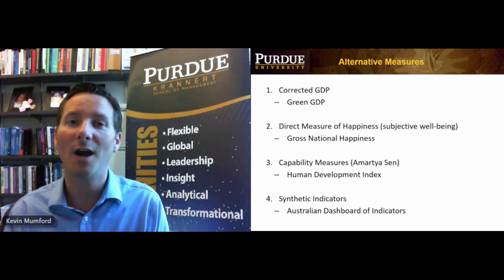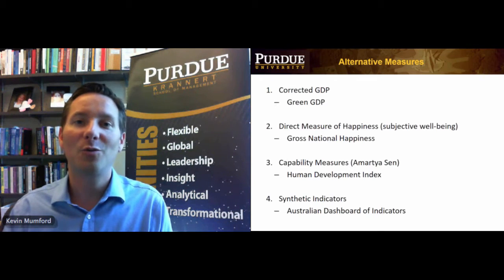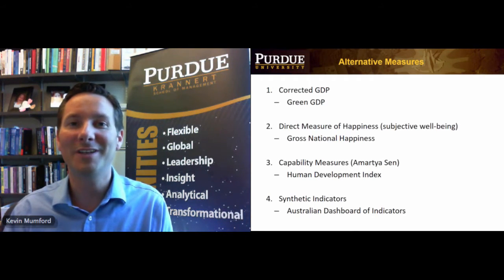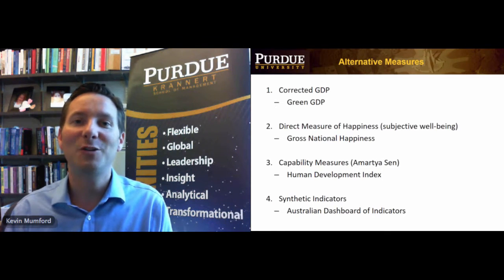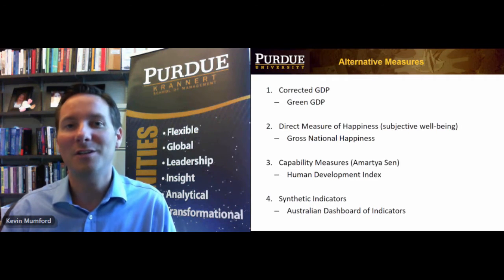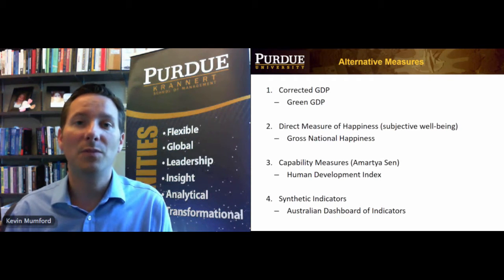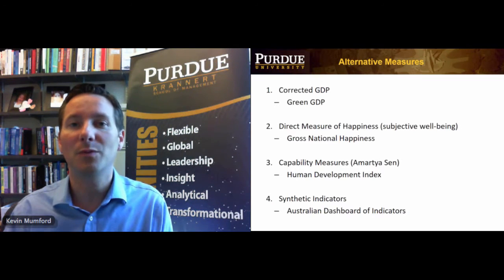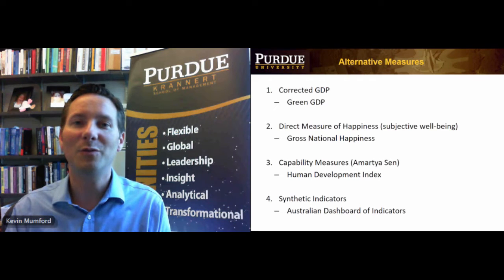This is when you actually just go out and you start asking survey questions where you say, how happy are you on a scale of 1 to 3? 3 is I'm very happy, 2 is I'm somewhat happy, and 1 is I'm not very happy. And they do these surveys in all these 150 different countries, and then they average them up and they say, look, people in Denmark are much happier than people in the United States or people in Brazil or wherever. And they do these cross-country comparisons. And it turns out that this stuff is really suspect. I mean, there may be some advances here in the future that make this believable, but as of now, it just,